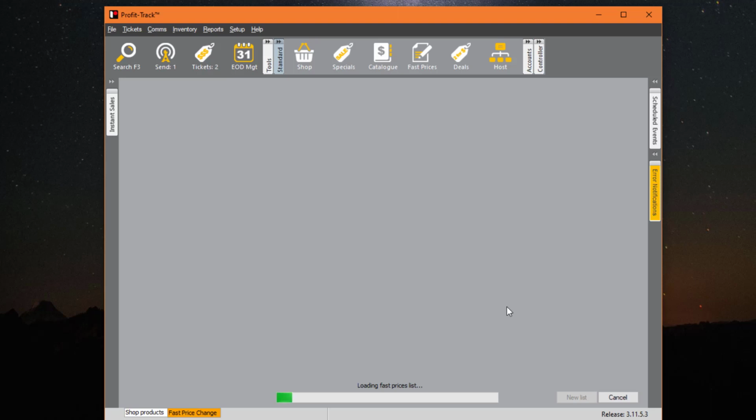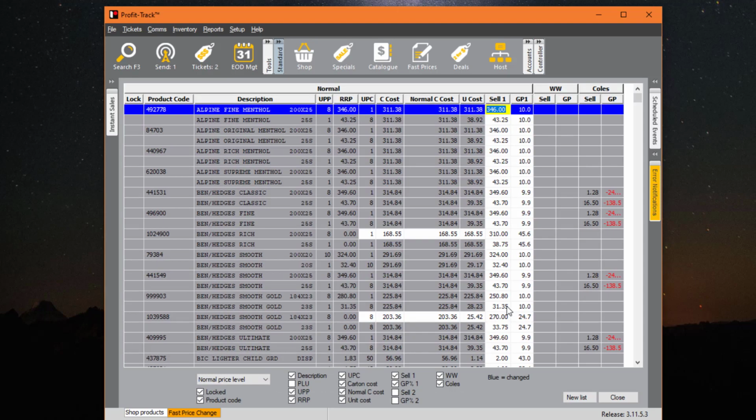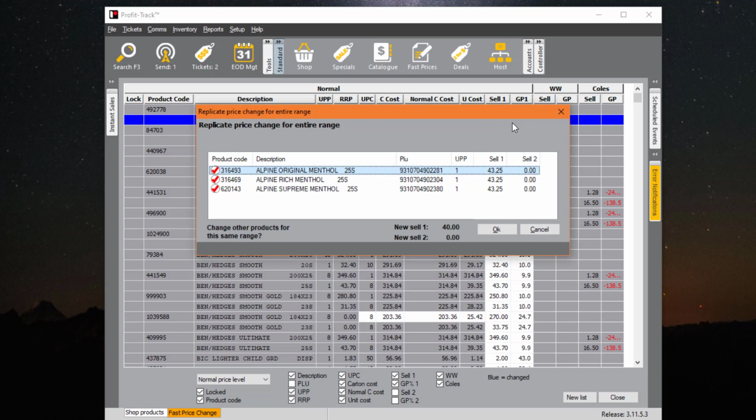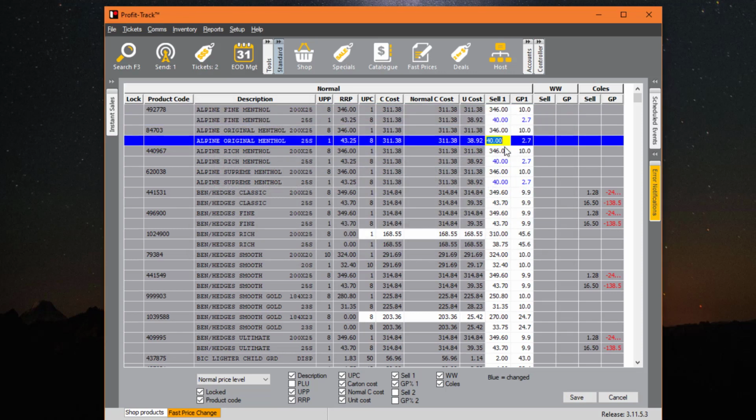Okay. Now this is going to take a second, but it's going to load up every product that's in that department, and then it will just be in a nice convenient output for us to change pricing. Here we go. So we can see here that's the carton, and we can just go, okay, $40, enter. It will ask us to change the family. We can either say yes or no, which I've just said yes to, so you can see all of these